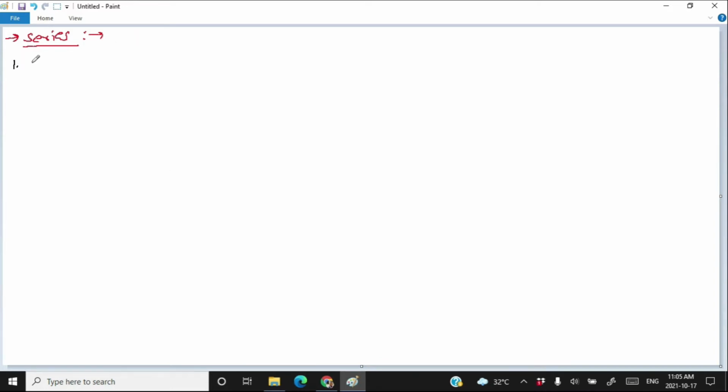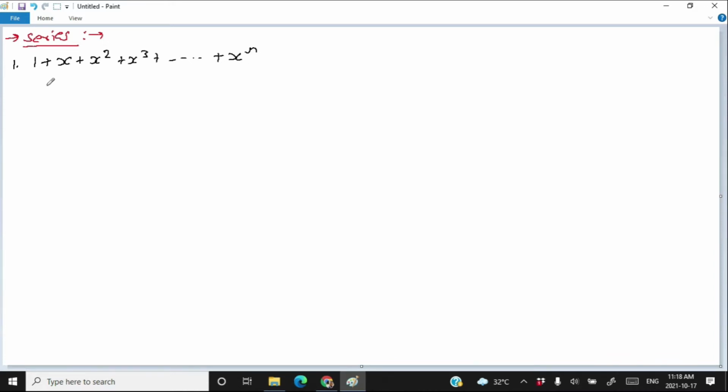The first series to print is s is equal to 1 plus x square plus x cube plus x to the power n. Okay, so this is the series. As I told you, there can be two types of program for this series. One program prints various terms of this series, and the other program actually calculates the summation up to a given value of n.